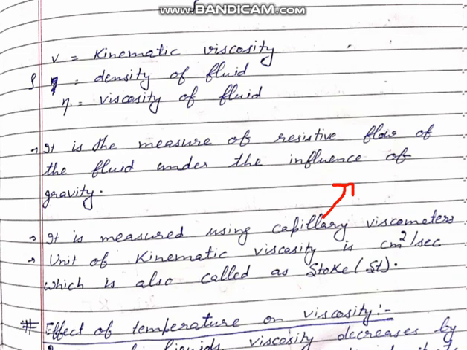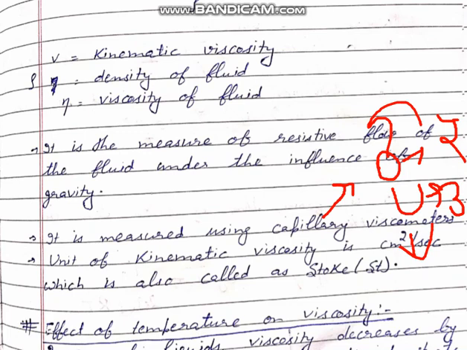The difference between the Ostwald viscometer and the Ubbelohde viscometer is that in Ostwald viscometer only two tubes are used. But in case of Ubbelohde viscometer, three tubes are used. So basically we can say there is difference between the structure of the Ostwald and the Ubbelohde viscometer. Normally the functioning and principle is the same. And this is whole about the kinematic viscosity.